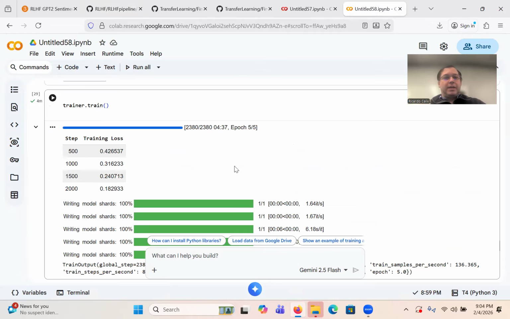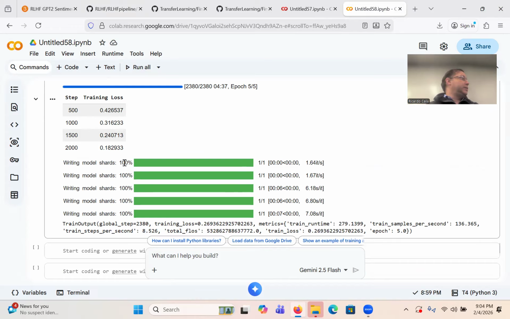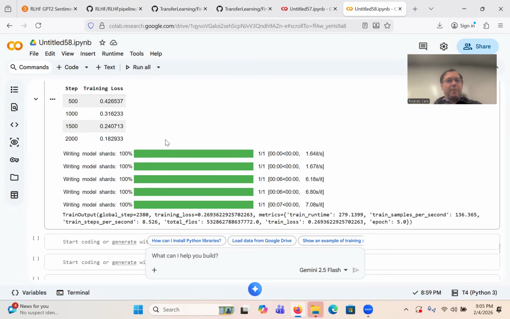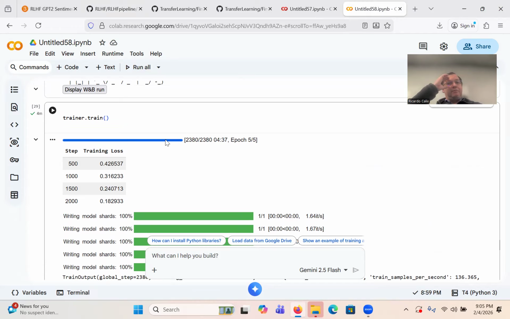So let's see where we are on that. It looks like it finished. I see the green check. Did 2,380 iterations. Let's take a look at the loss. Usually transformers are really good at the loss always going down, right? So 42, 31, 24, 13. This is textbook, essentially, right? So it looks pretty good. So that means we have, in fact, fine-tuned our own classifier on top of a BERT to take text and predict labels. Do you guys see that?